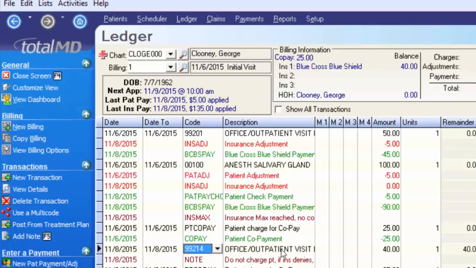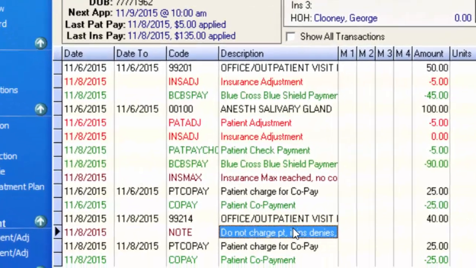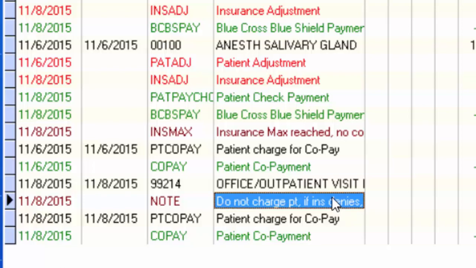And just below the charge, we do see the note, do not charge patient if insurance denies. So this is a way you can directly communicate right on the patient's ledger without having to go to different places to hunt down information regarding a transaction. It's literally linked to the transaction, so all of the information is at your fingertips. So at this point, we've gone through posting payments and adjustments for both the patient and the insurance, adding notes and linking those to our charges or transactions, printing statements for an individual,